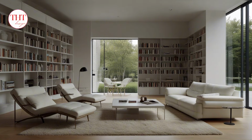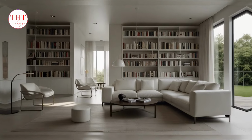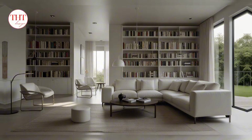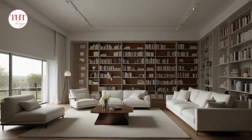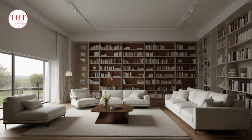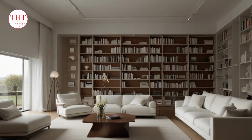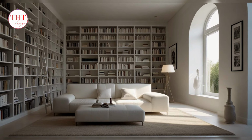Ample bookshelf space. Bookshelves are the heart of a reading room. Built-in bookshelves that maximize vertical space are ideal. Showcase your book collection in a curated way, arranging them by color, genre, or size for a visually pleasing effect. Minimalist decor. Keep decor to a minimum to avoid clutter. A few well-chosen pieces like a small sculpture or a framed piece of art in calming tones can add personality